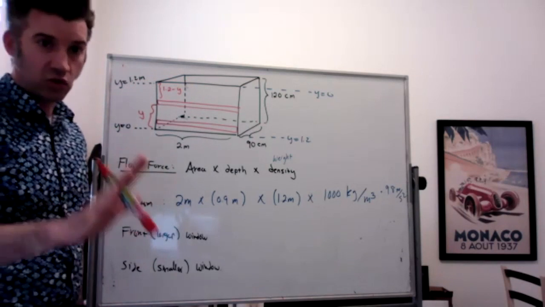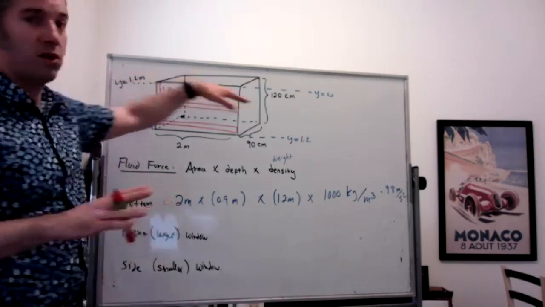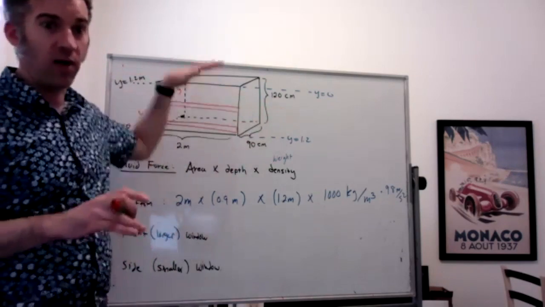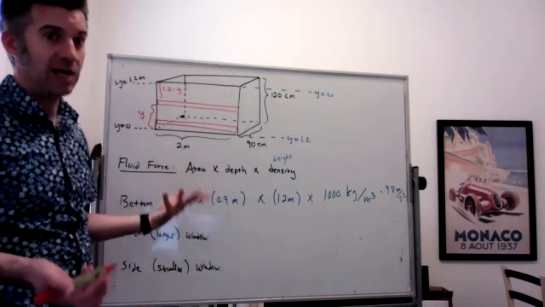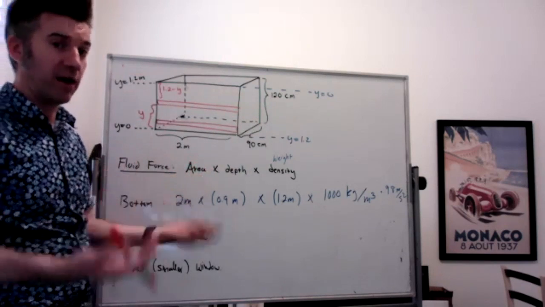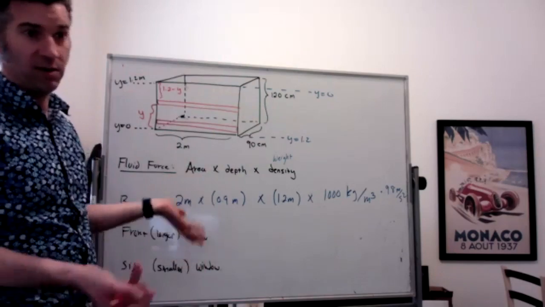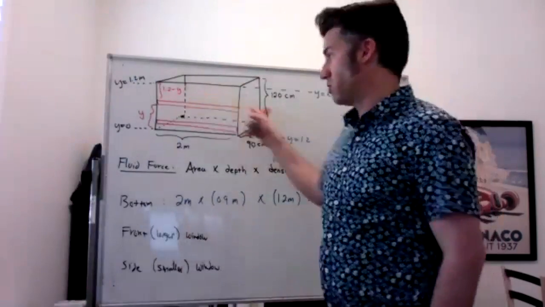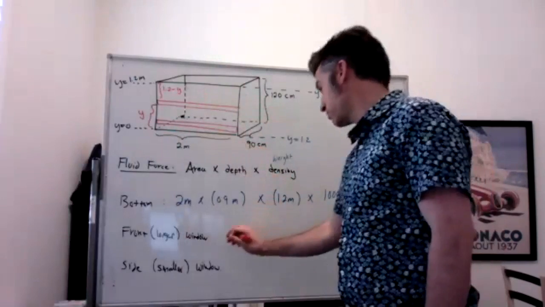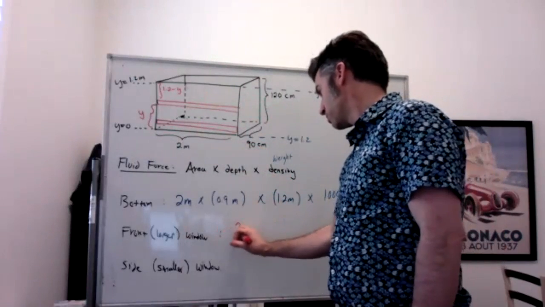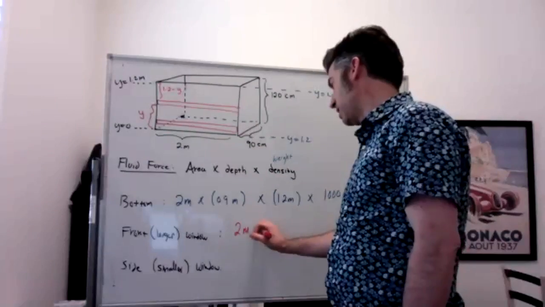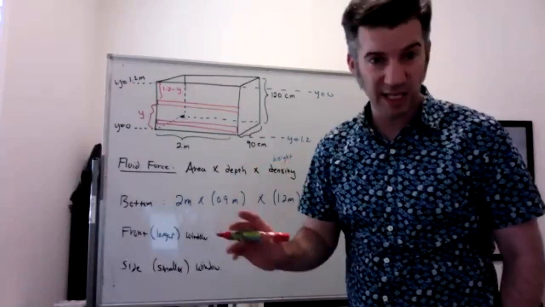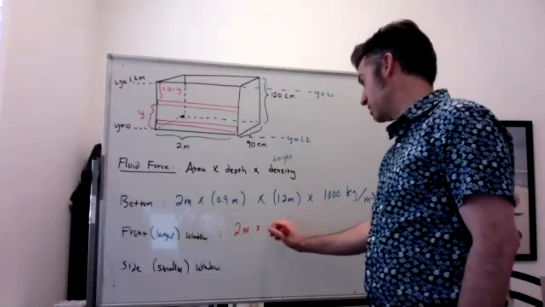But I want to be super extra clear. When you're drawing your strip that's anywhere in the shape you're dealing with, it's always at some variable distance from what you actually care about. In this case, we're calling it y. So the area of that strip is the length of the strip times the width of the strip, which is dy